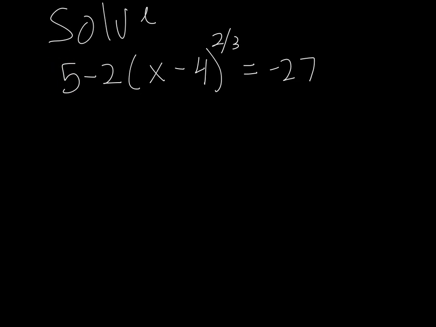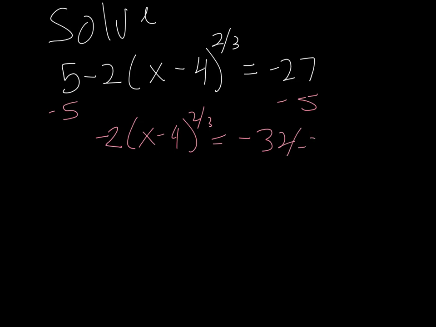This is a positive 5, so I'm going to get rid of positive 5 by subtracting 5. This becomes a negative 2. That subtraction still stays with that negative 2 right there, 2/3. It's equal to, this is going to give me a negative 32. Divide by negative 2. So I have x minus 4 raised to the 2/3 power would be equal to negative